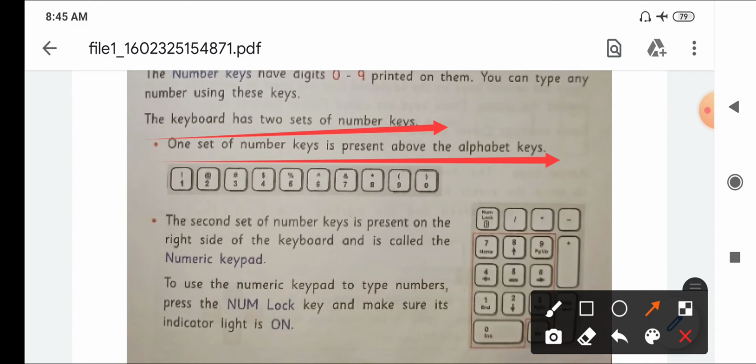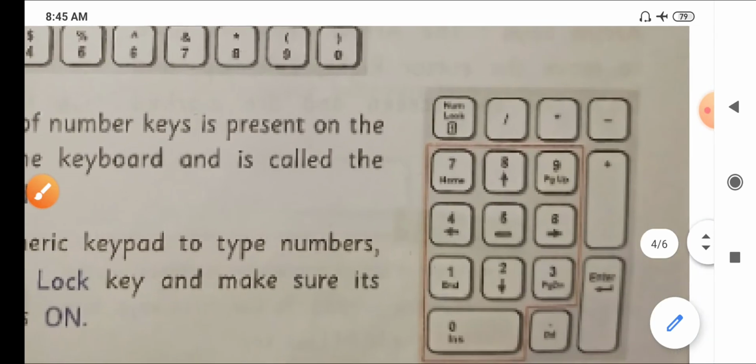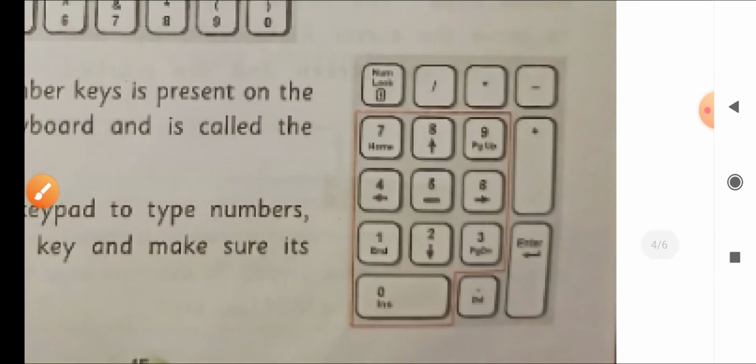See here, this one is present above the alphabetical keys, and the second set of number keys is present on the right side of the keyboard and is called the numeric keypad. Okay, the one you are able to see on the right hand side of the keyboard is called the numeric keypad.